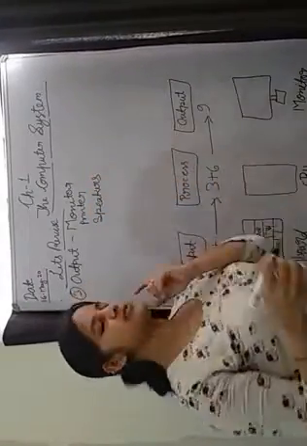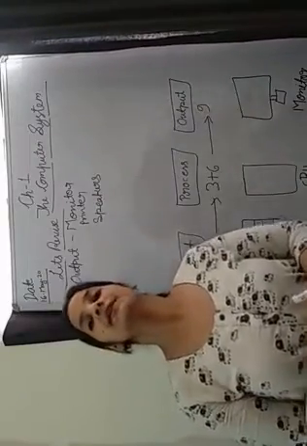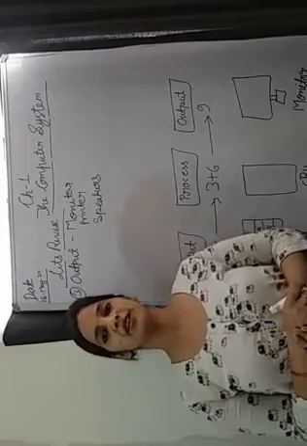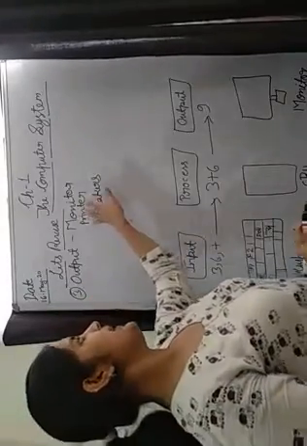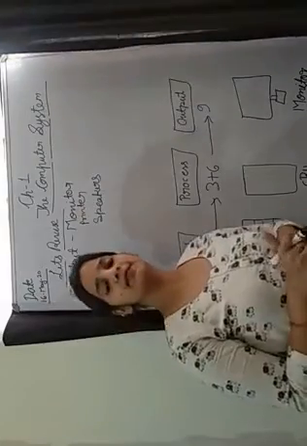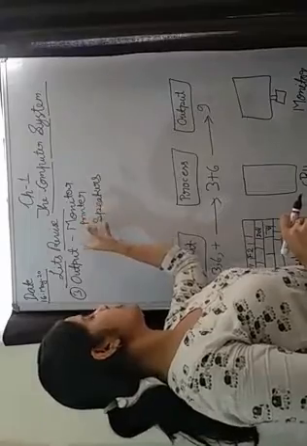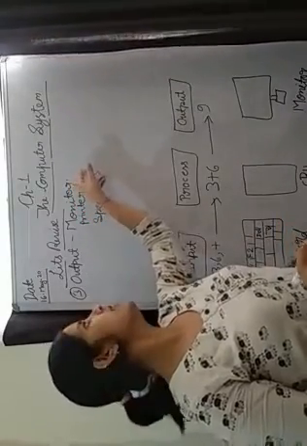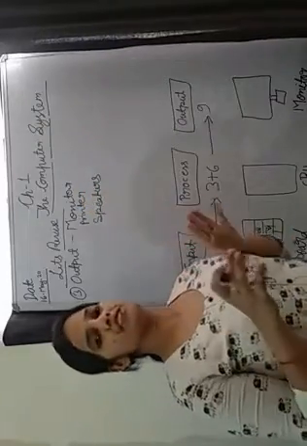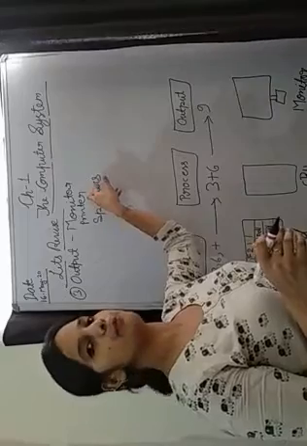Okay, now see monitor. Monitor, what does the monitor do? It displays the information on the screen. Okay, then printer, it prints the result generated after the processing. Means the result which is displayed on the monitor, you can take it on a page, on a paper. Means you can take it in a hard copy form.